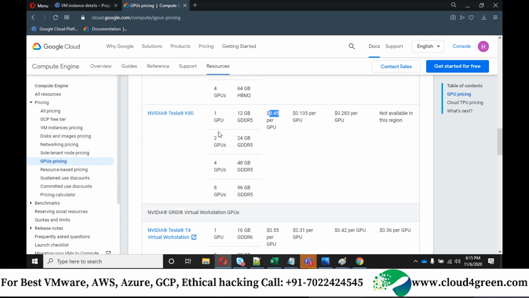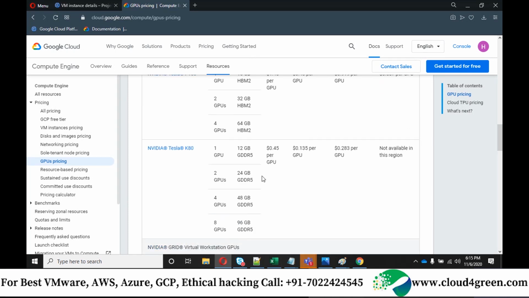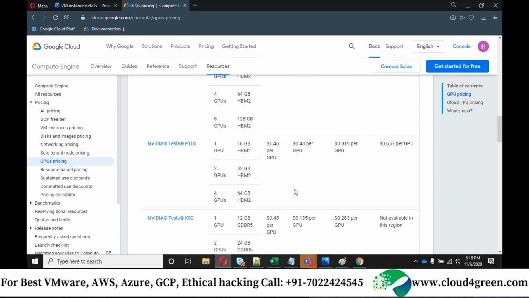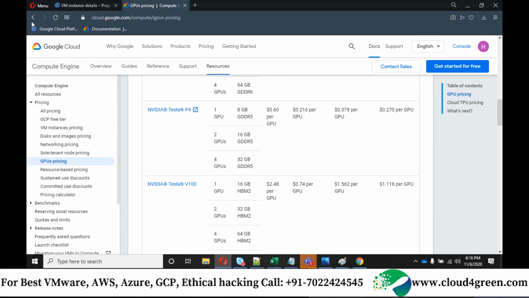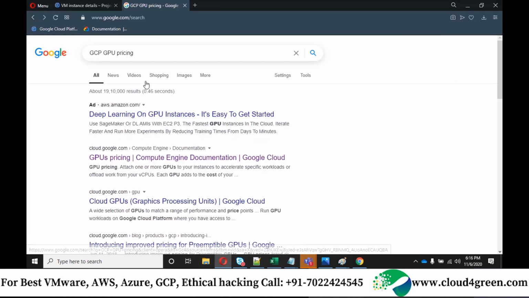Similarly, when you select multiple GPUs, up to 8 GPUs are supported. For the basic model they have given this pricing, and when the GPU goes higher, maybe double of this would be charged. Okay, now why do we need GPU?